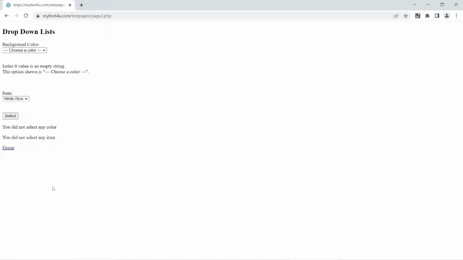then we can have a look at the second page. This page just contains two drop-downs. The drop-downs are single select. You can select, for example, a color, and you can click on select, and you will see what you selected down here. You can go back to home,